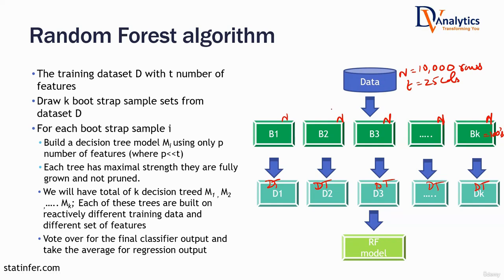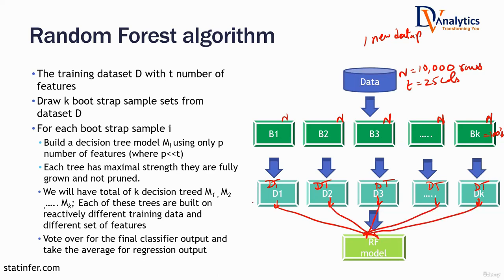Random forest is completed. Now one new data point comes and you have to make a prediction. That means a new customer has come, and you have to predict whether he is going to be a good customer or a bad customer before giving a loan. But for one customer, how many predictions will you get? Are you going to get one prediction if you send it to random forest? You're going to get hundreds of predictions. Then we have to collate all of them to give a single prediction.